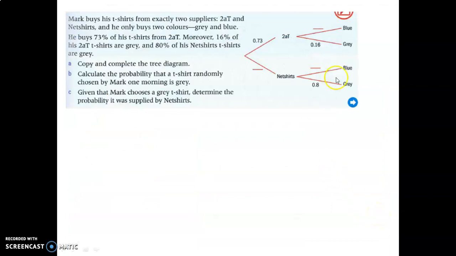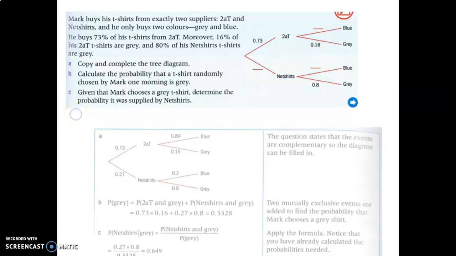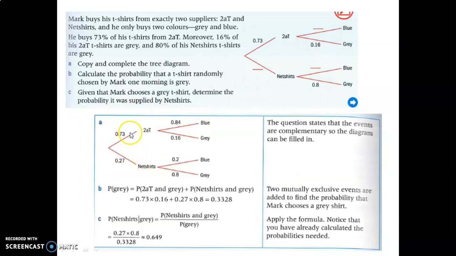And finally, I will leave you with one last question, is this one. The tree diagram is started for you with some values in it. All the information is here. And let's see if you can solve question B and C. So let's check. Here's the full tree diagram. Here's B, which is basically two different paths. And then here's C. C is the tricky question where it asks you to find a probability, and it says,